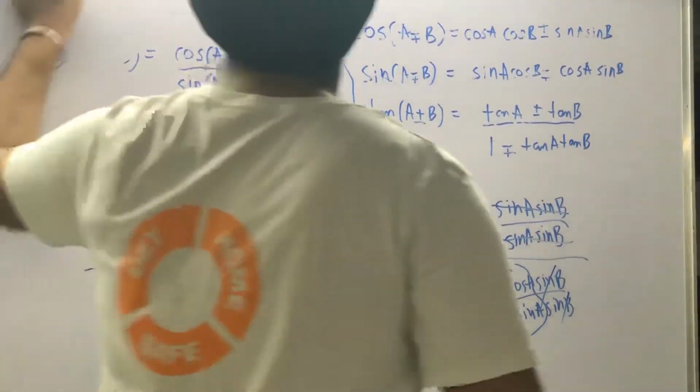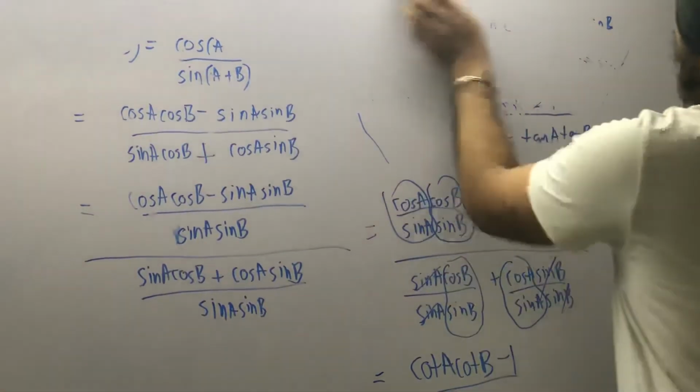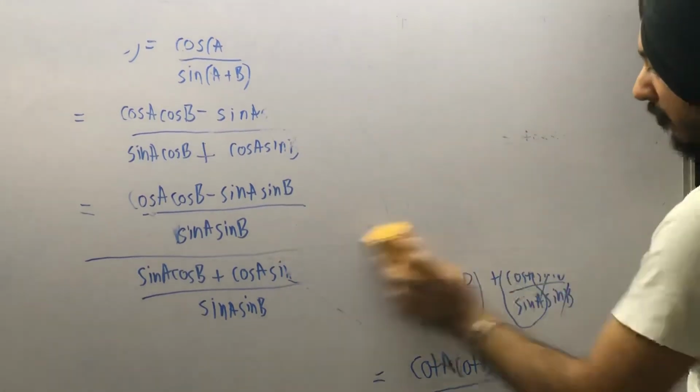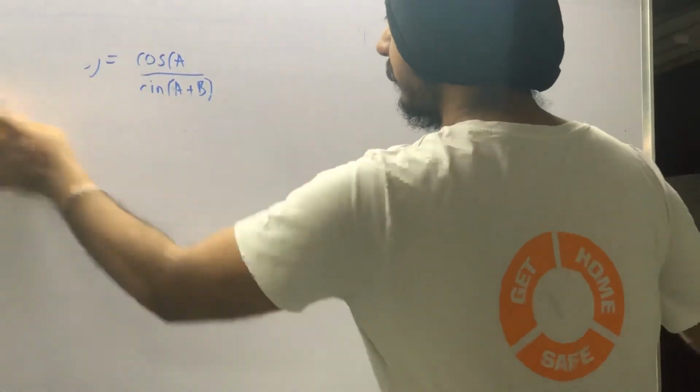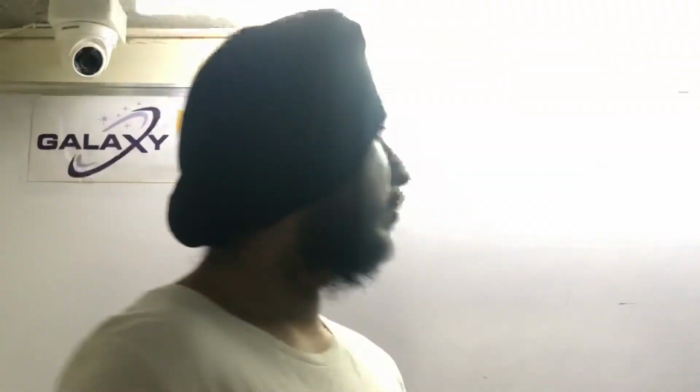So now we will continue with some questions regarding these compound angle formulas. Let's start some questions. We did some angle questions already. I guess we did sine 15 and tan 75. So I think we can do one more question and then we will conclude it. So let us do a question.